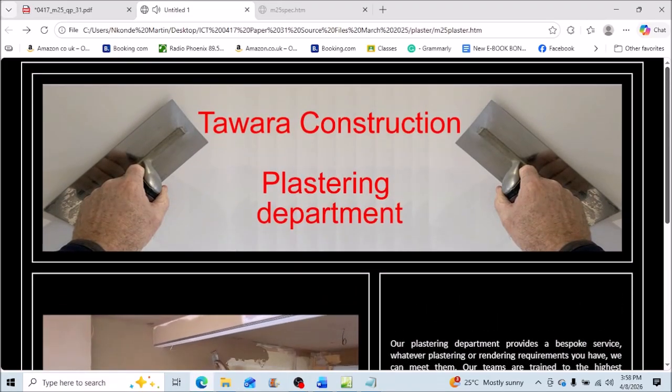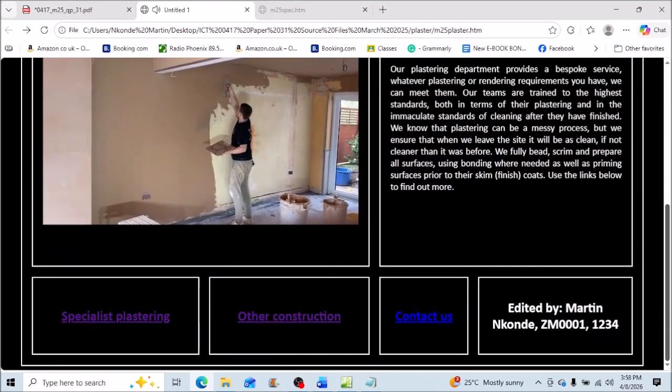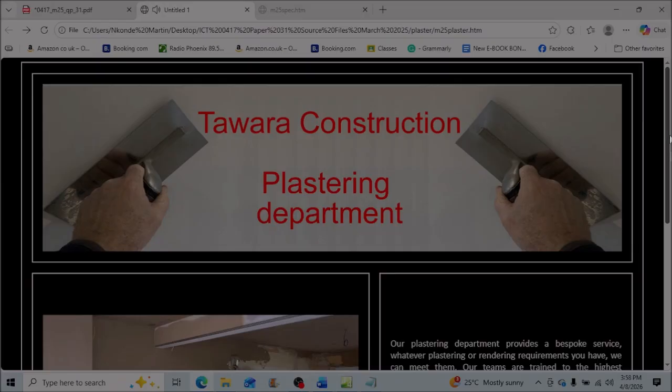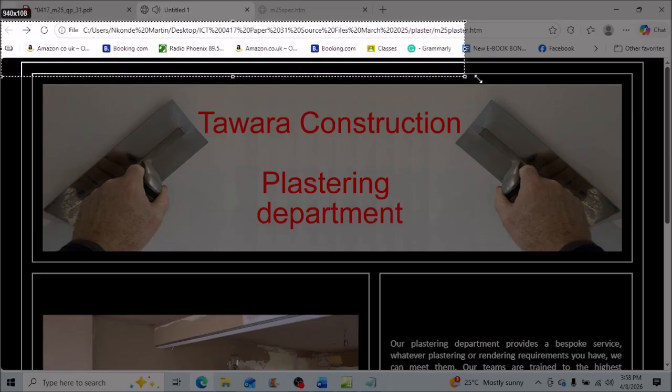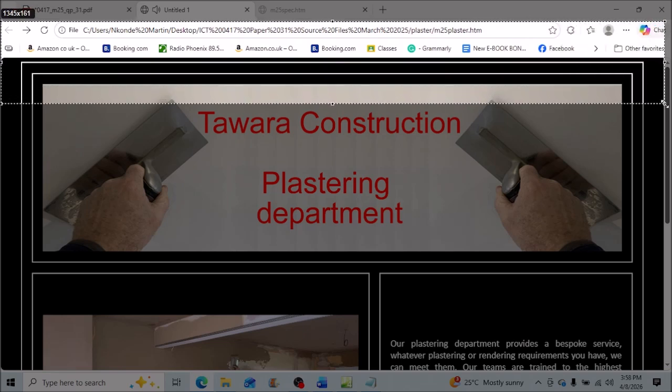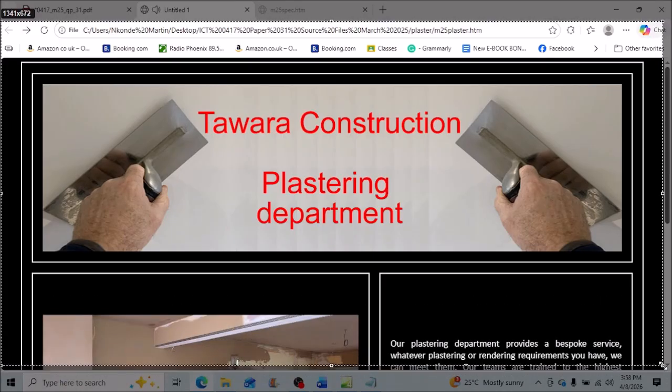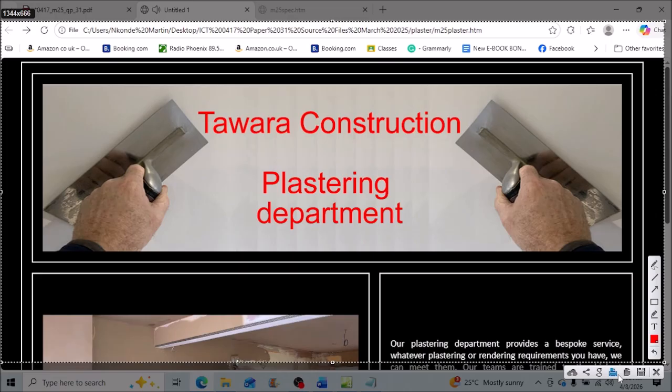I think it's big, so what we can do is we can take 2 screenshots and just join them. It's easy, guys. Let me show you how you can actually do that. So take a screenshot. Don't include the address. So from there all the way going down to the line, whatever plastering, that line there. Okay, so we'll end in that line. We copy